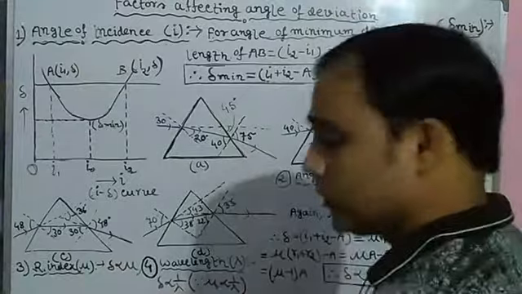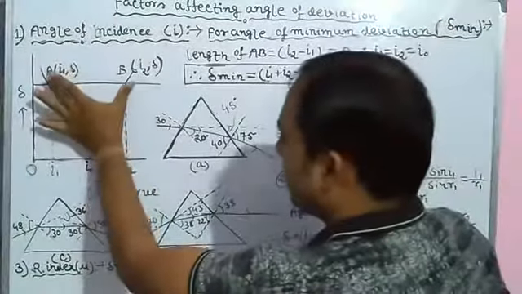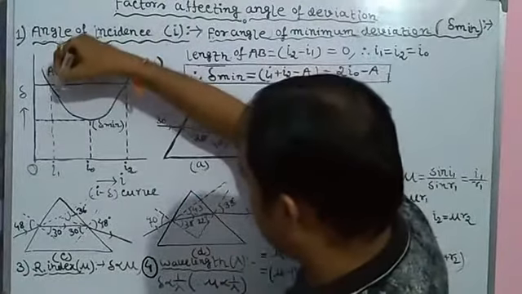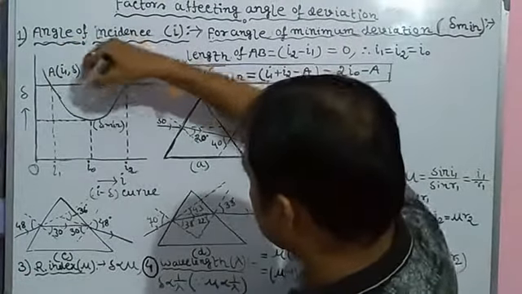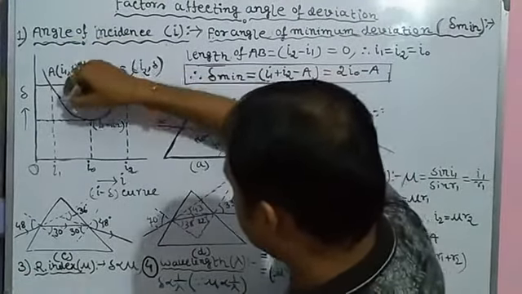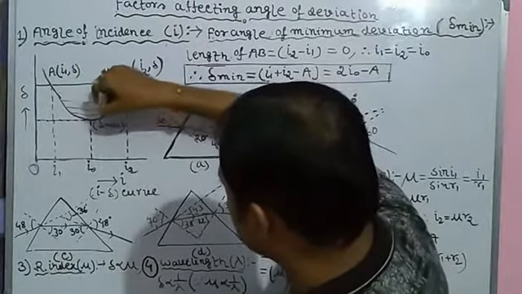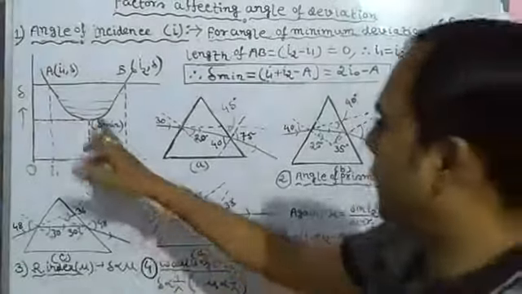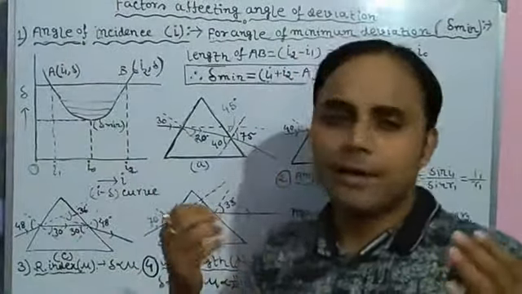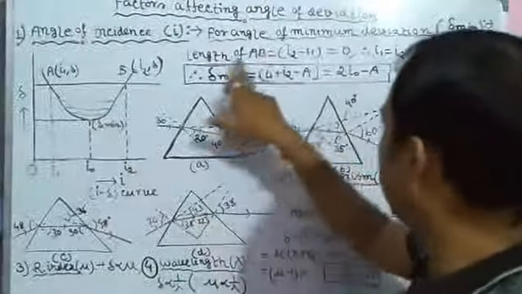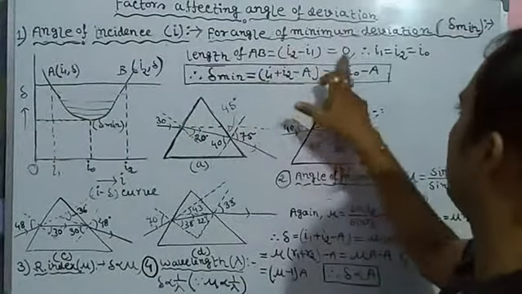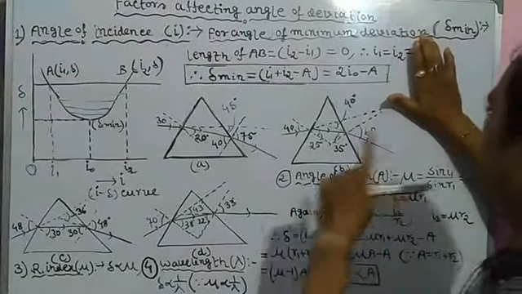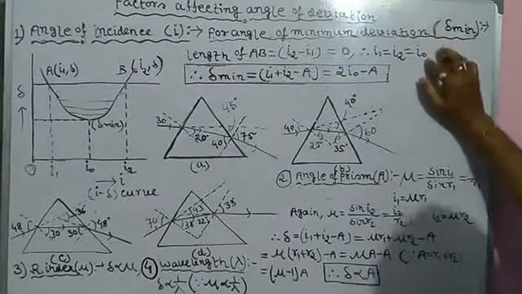See very clearly, here the length is AB, so gradually its length is going to decrease, decreasing, decreasing, then reaching this point it will turn into 0. So the length of the straight line AB will turn into 0. A point has no length, so at this point AB is equal to 0. It means we can say I2 is equal to I1. So that's why in case of minimum deviation, I1 equals I2.